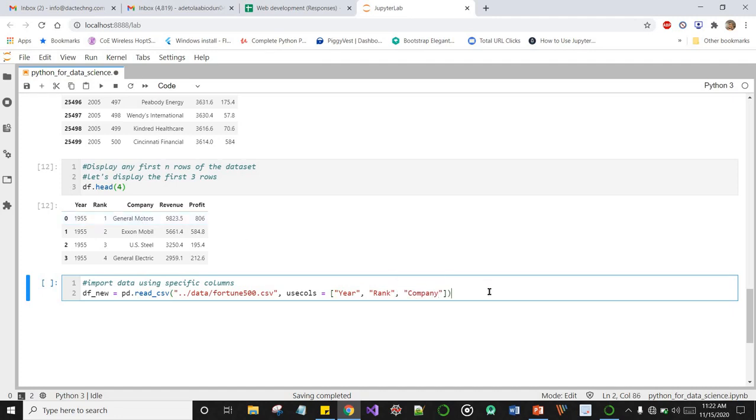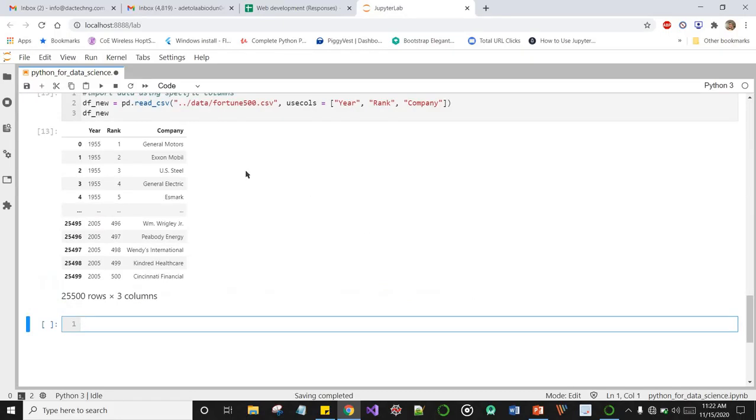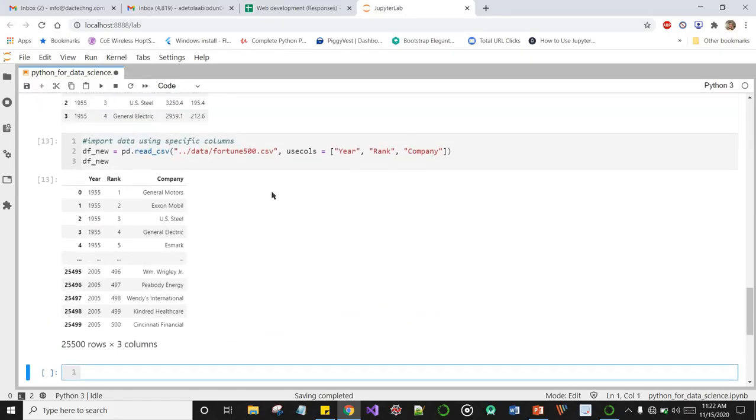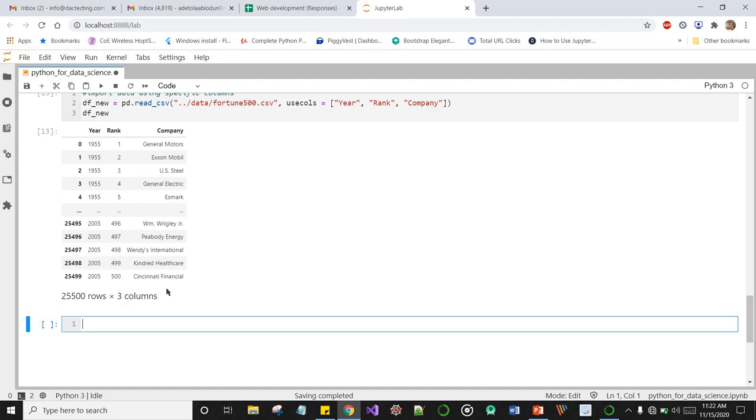Then you come to the next line by pressing enter, write data frame underscore new, and do shift enter. And boom, I have only the year, rank, and company columns imported from my data set. Even though my data set has 5 columns, now I have just 3 columns. So that's a very, very useful tool in data import.